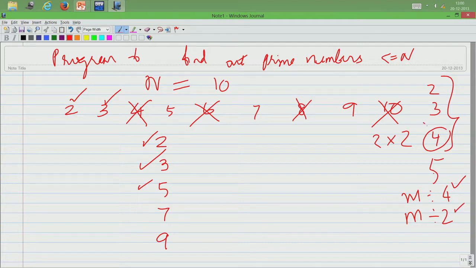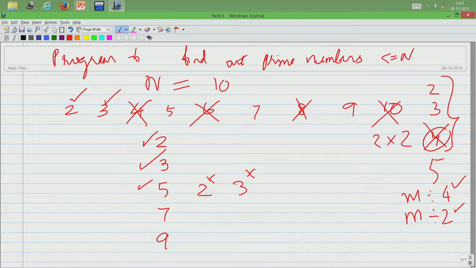So, I do not have to really check whether m is divisible by 4 if I have already checked if m is divisible by 2. So, for 5 I am going to check only if it is divisible by 2 or 3, I will not check if it is divisible by 4. I check whether 5 is divisible by 2, it is not. Is 5 divisible by 3? It is not. I started with the assumption that 5 is prime, so it is not changing. So, 5 is indeed prime.